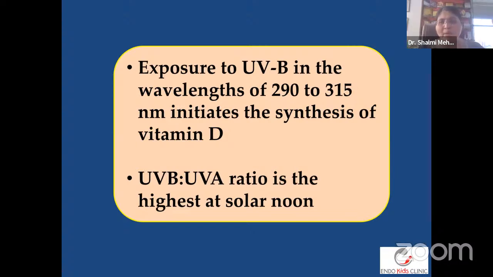So when we say, "Subah ka, sit at 7 o'clock in the sun and you'll get the vitamin D," all those rays are very, very slanting and they are practically of no use in synthesizing vitamin D. It is usually the solar noon UVB rays which are useful to synthesize vitamin D. And most of the times we don't get that exposure, right? And therefore, even though we are such a country with such abundant sunshine, most of us end up having vitamin D deficiency.